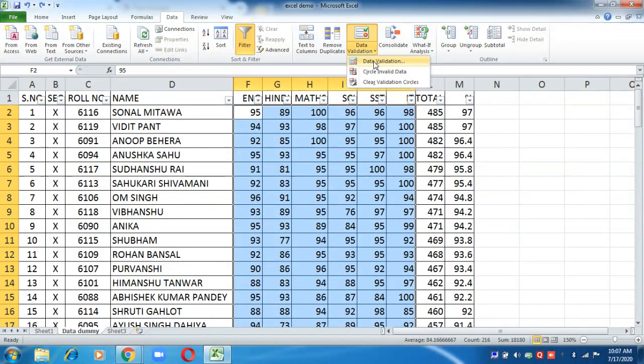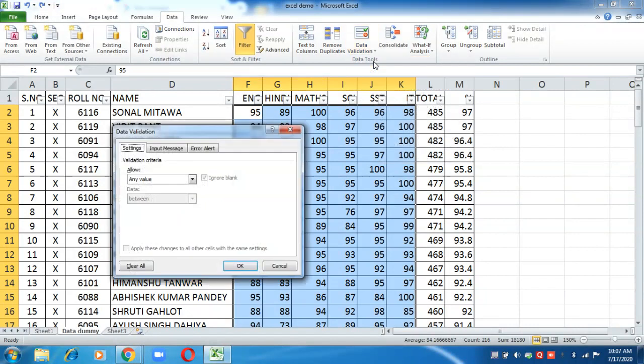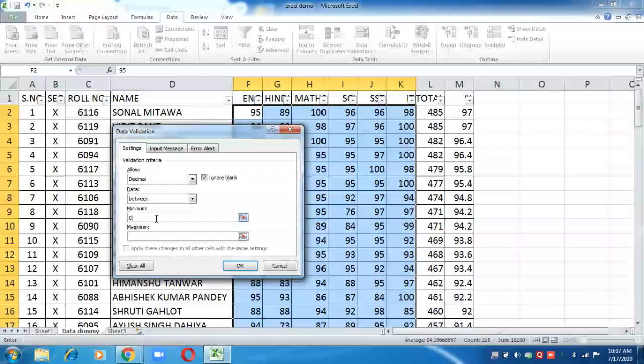Click on data validation. Now in settings you have to set the criteria. You should allow the user to enter a decimal number between the range 0 to 100